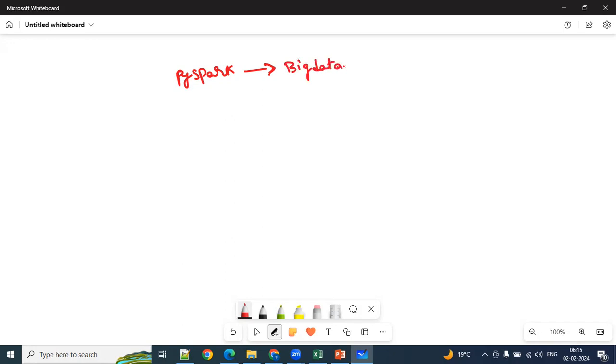Because I'm trying to discuss Databricks and PySpark separately here. Of course, in Databricks, we are going to use PySpark completely. But I wanted to segregate it, because the only reason is you can go as a big data engineer.